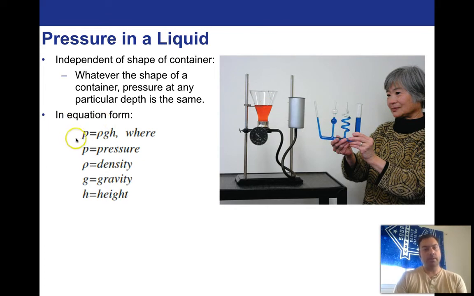In equation form, pressure is this, a Greek letter. It looks like a P, but it's not. It's the letter rho. It's actually the Greek letter R. In English, we've actually taken off most of this tail because it looks too much like the letter P when you do that. So anyway, it's P equals rho g h, where P is pressure, rho is density, g is gravity, and h is height. Density, we'll recall, was in our lecture on solids. So we're going to be using that a lot.